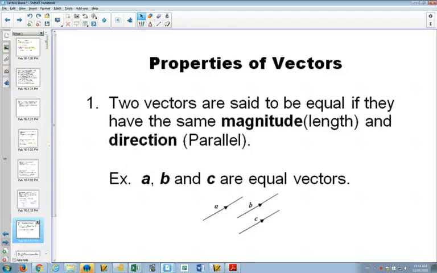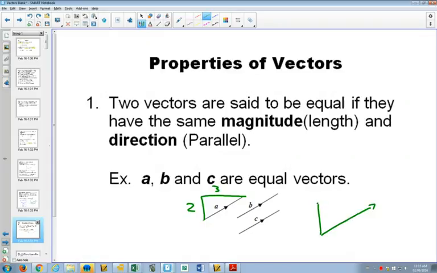So, some properties of vectors. Two vectors are equal if they have the same length and they go in the same direction. This is a little bit different than some equal things that we've had before, because it doesn't matter where they start and where they end, as long as they are the same length and go in the same direction. So for example, if this one went up 2 and over 3,